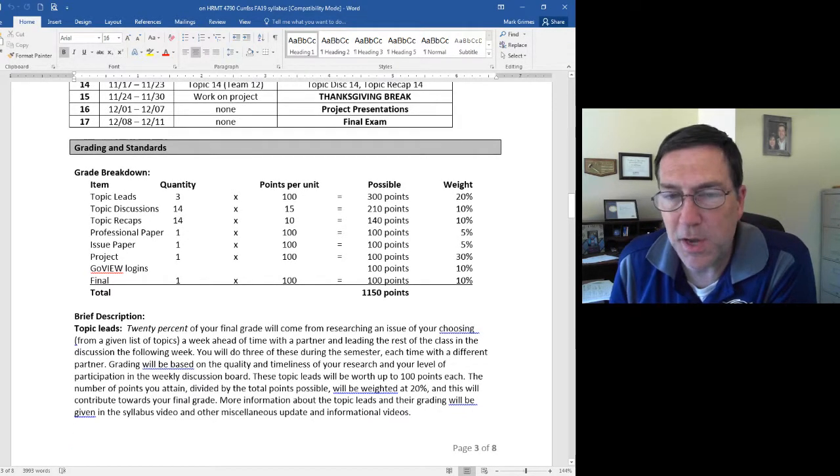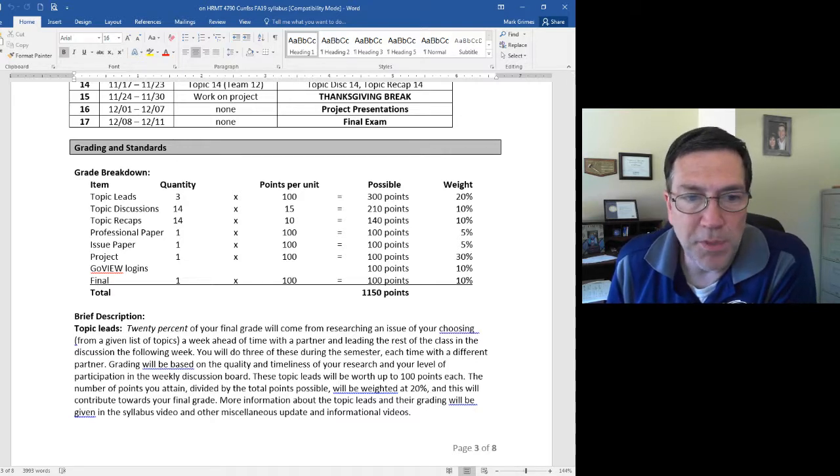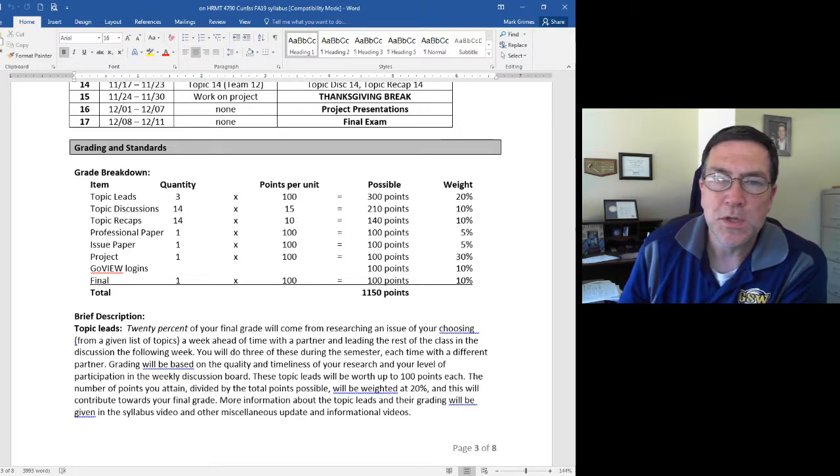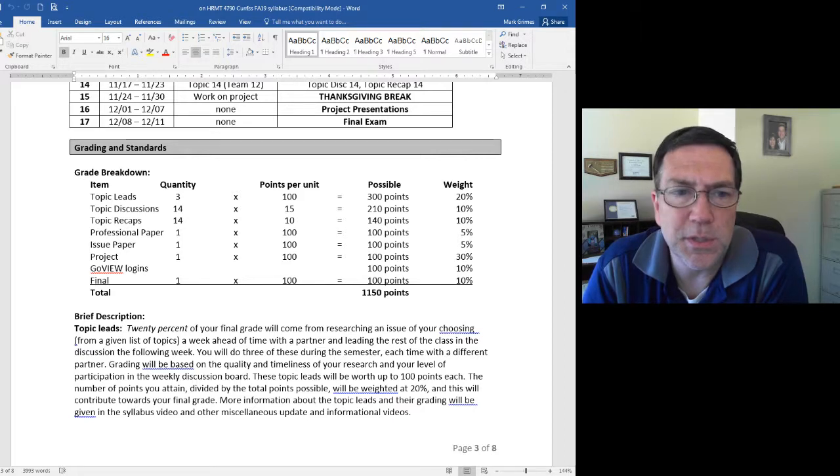There's 1,150 possible points, but not all points are the same. For the professional paper, the points are worth less than the project paper. Even though they're both 100-point things, that 100 points is only 5% of your grade, whereas that 100 points is 30% of your grade. So a couple of things that I would suggest to you as we get started here,